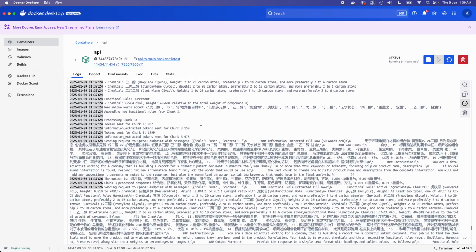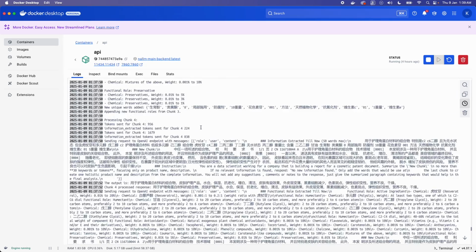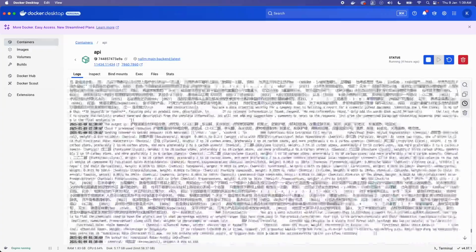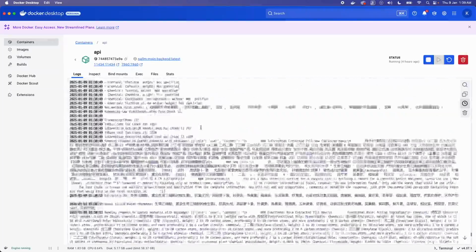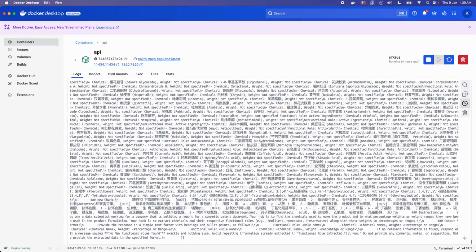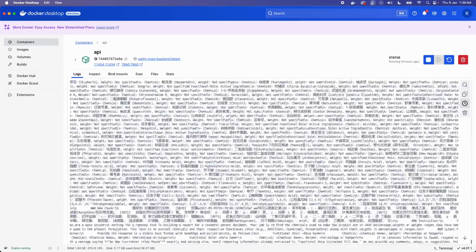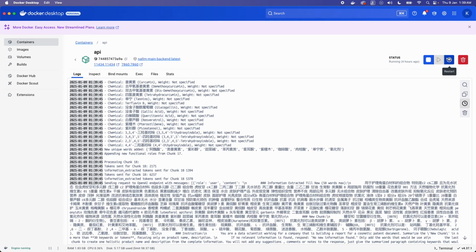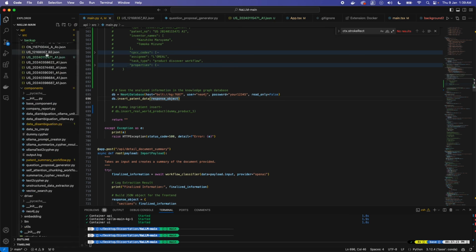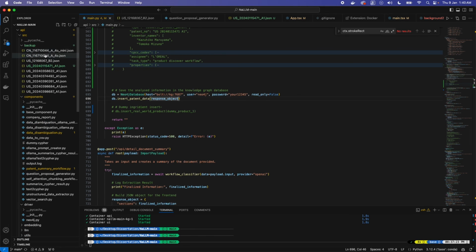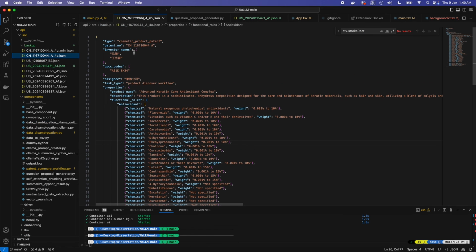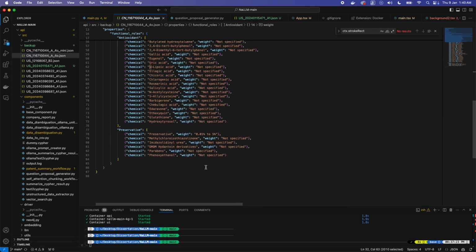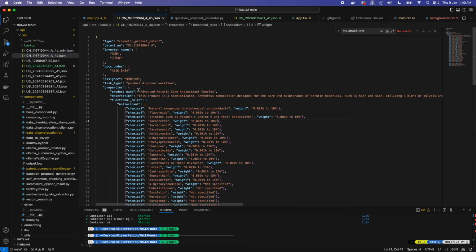So obviously it is supposed to be in the patent, but you can see that Chinese information has been decoded completely and is still going on. Now I've already run this in my code, and I have a backup for this. So you can see that this cosmetic Chinese product has been extracted from this kind of workflow. So as you can see, this is now a multilingual model and everything works